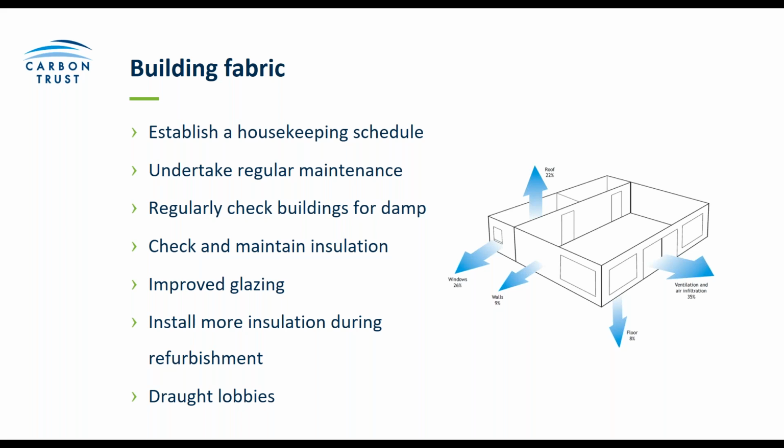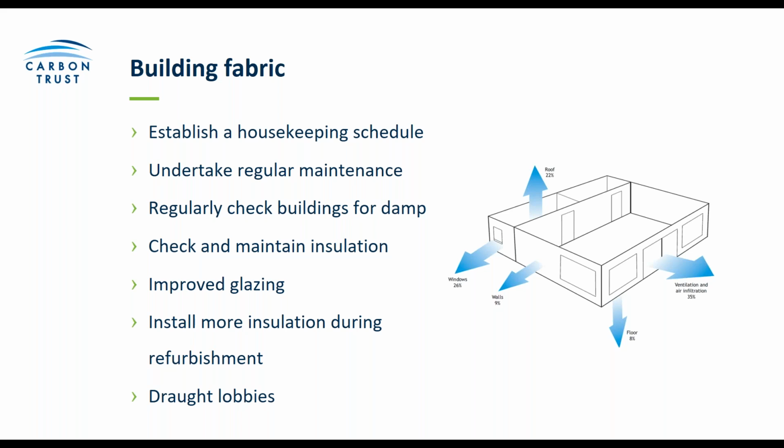For example, you could start by compiling a checklist of areas where energy is lost through the building structure, and then make regular notes on the condition of things like window panes, window frames, or even things like roofs, skirtings, and the eaves around those as well. Then just make sure that if any issues are identified, that regular maintenance is undertaken to address those issues and